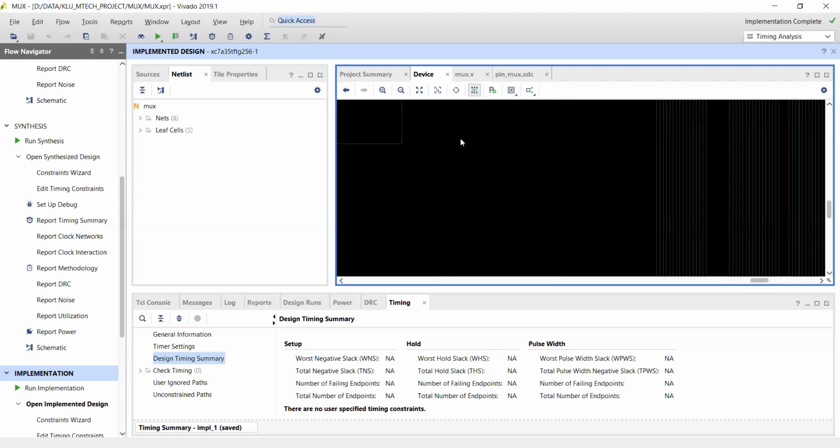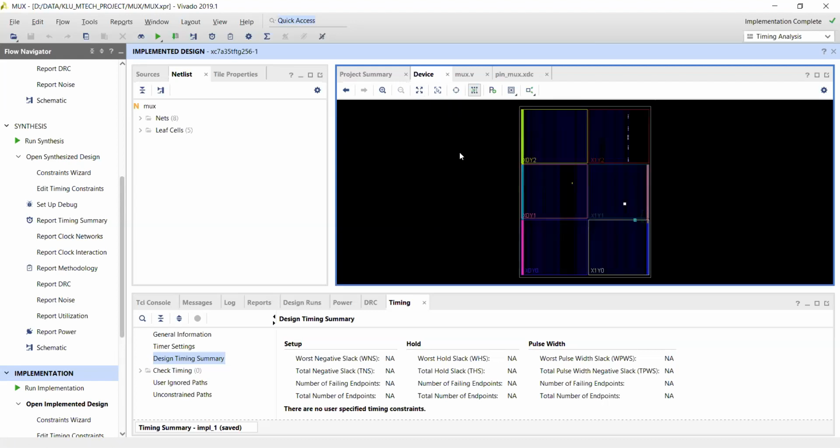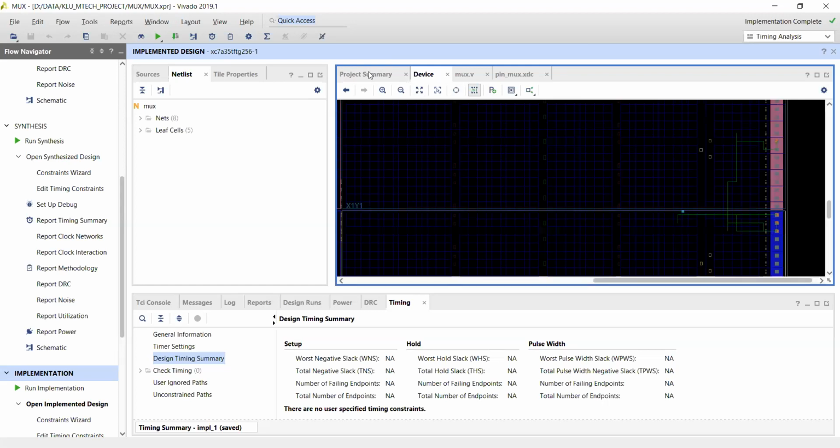In the pin description, L5, L4, M4, J3 are the IO ports connected here.